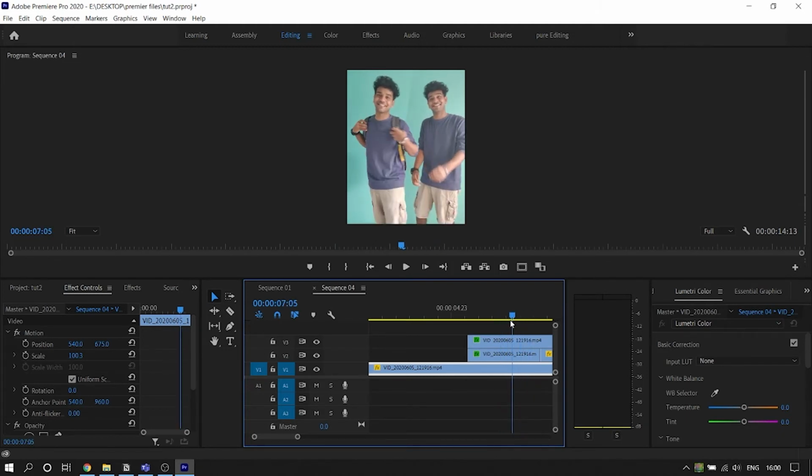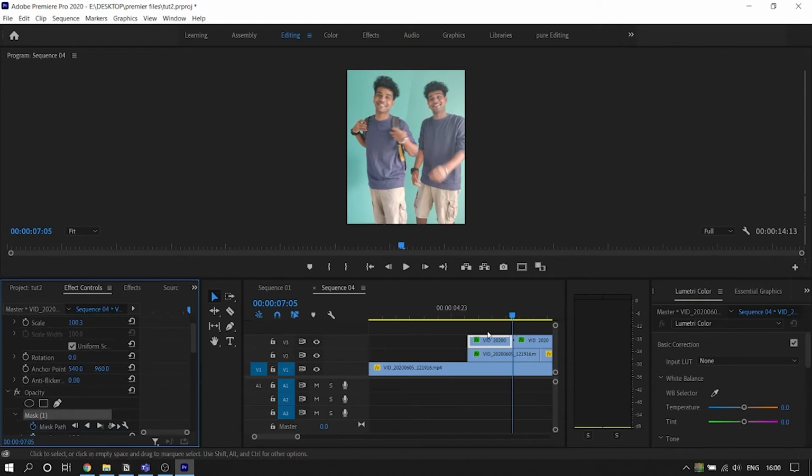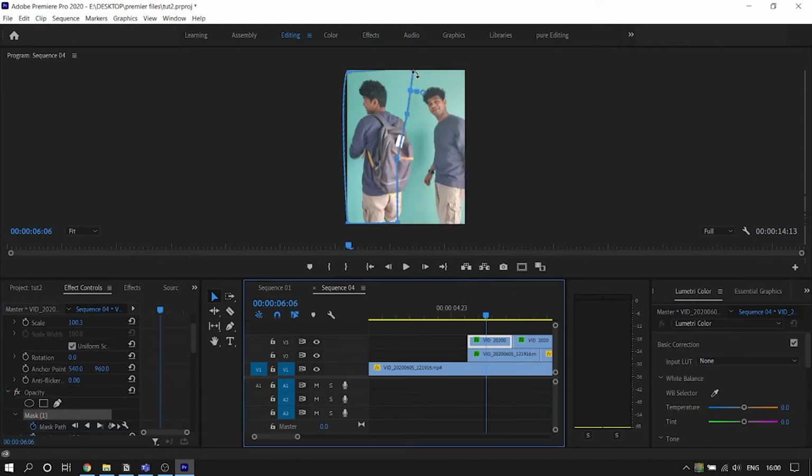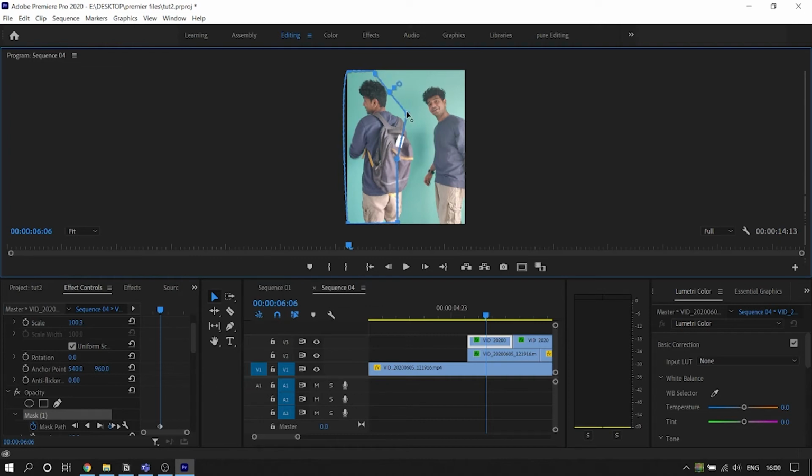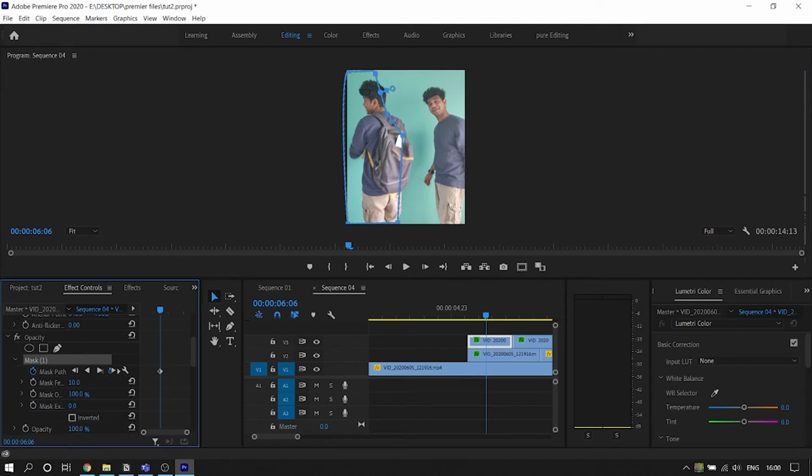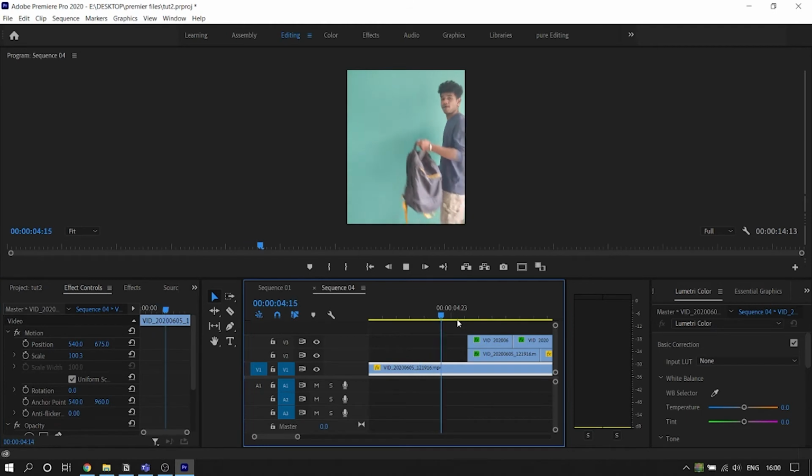We don't want this mask to interfere with the animation that we already made. So let's cut this upper clip here. Press C to cut this out, then click on this and go into the mask section. All we have to do is make sure that the back here is not visible. So we'll tweak the mask according to that, and maybe increase the feather a bit. Now I guess it's pretty cool.